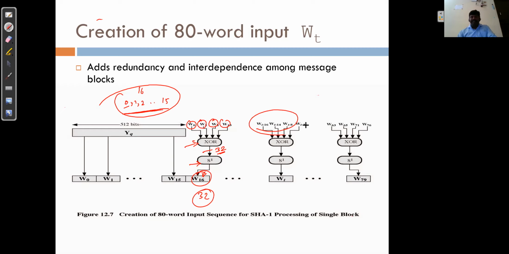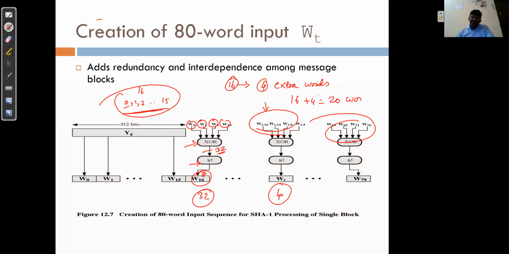Similarly, we can select the words randomly or based on any formula which can be defined by the users, and they can produce additional words. So based on these structures, you can take any of the four words and apply the XOR operation, and we'll get a 32-bit word. By the way, from 16 words we are creating four extra words, so 16 plus 4 will get 20 words, where each word will be passed to the one step